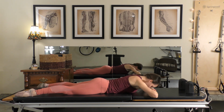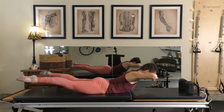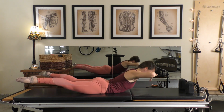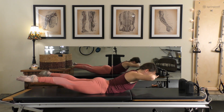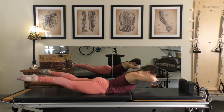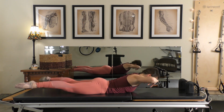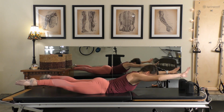So from here, we're going to lift our upper body and our legs and lower it back down. Upper body and the legs. And lower down. And one more time, lift and lower. Taking it one step further, lift, reach the arms, bend the arms, lower down, lift, reach the arms, bend the